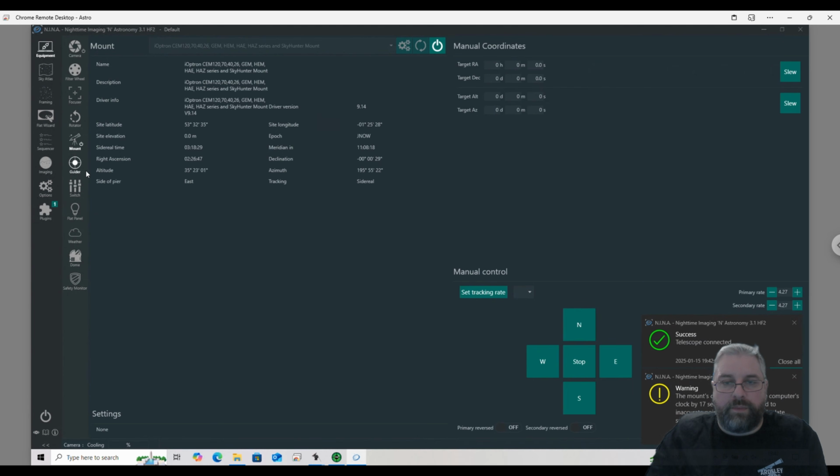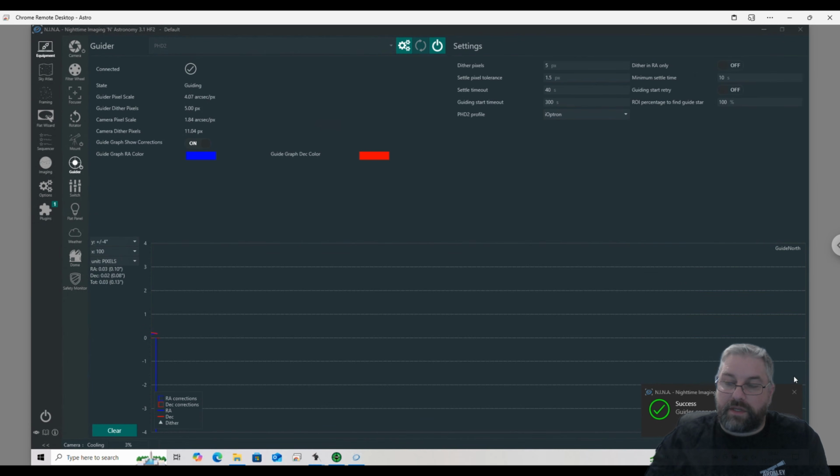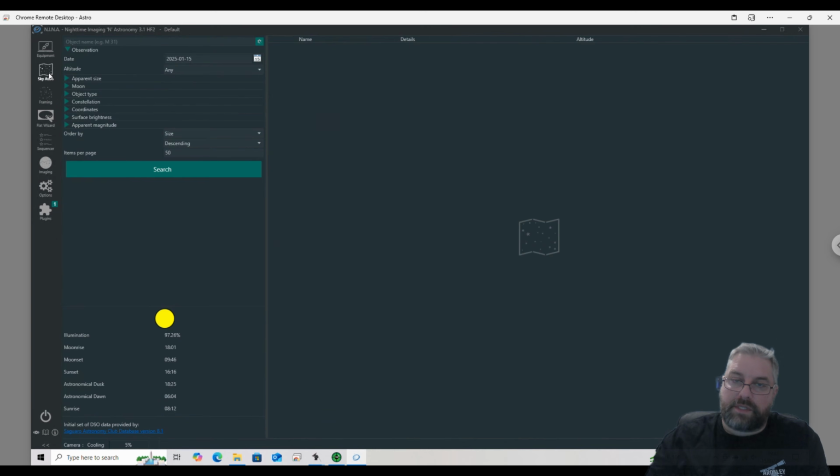It's not really a problem. And then we can launch the guide as well. So the first thing we want to do is grab our target for the evening, which is going to be M42. So if we go into the Sky Atlas, we type in the target that we want, M42 there, hit